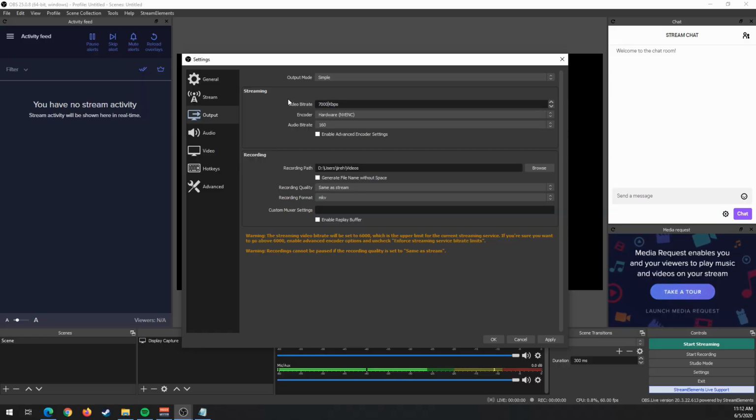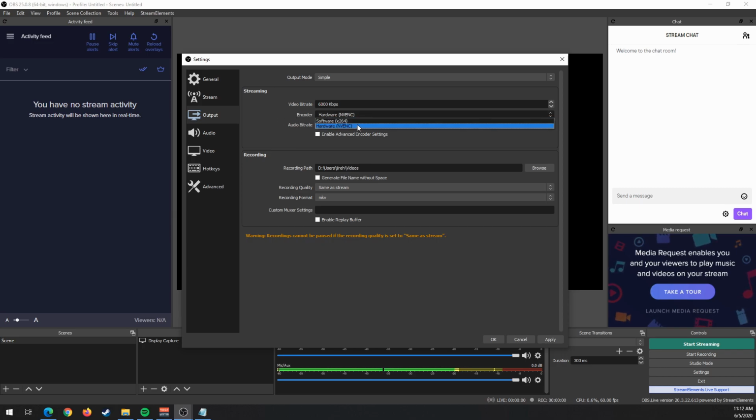per second. It's recommended that you don't use your entire upload speed for your bitrate because you won't be able to use other software that requires uploading through the internet. Google says you're not supposed to use more than 70% of your upload speed for live streaming. So 70% of 10 Mbps would be 7, which is 7,000 kilobits per second. So with that being said, let's go to our OBS, type in 7,000 on our video bitrate. But like I said earlier, Twitch's recommended bitrate is 6,000. So the extra 1,000, I don't think it will really help me. So I'll just put 6,000 on my video bitrate.